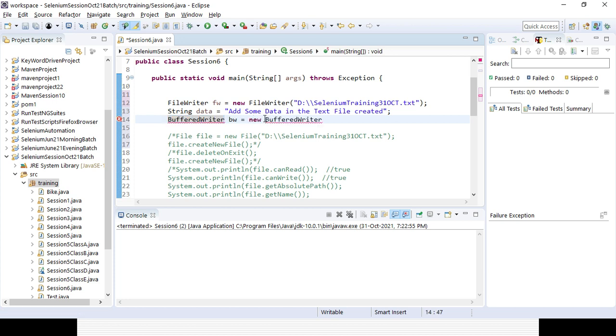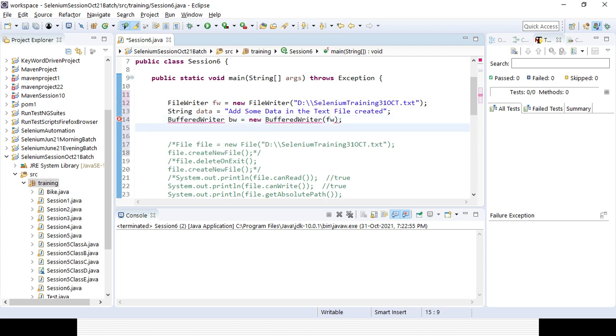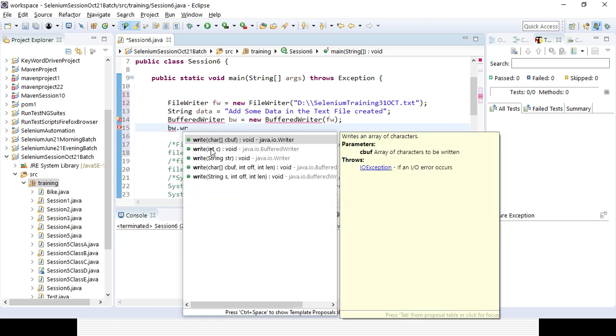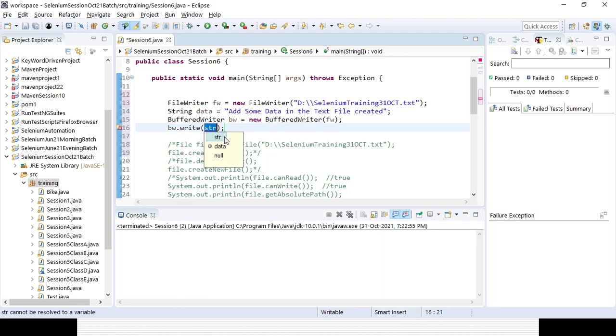Then you need to write the data. How will we write? You need to use bw dot write. You could see the write method comes here with a String parameter, and the return type is void, so it will not display anything. Whatever data you want to write, you can change it at any point of time and it will be written accordingly.